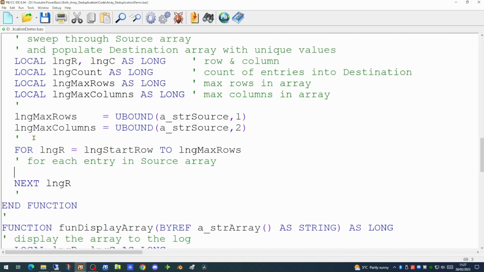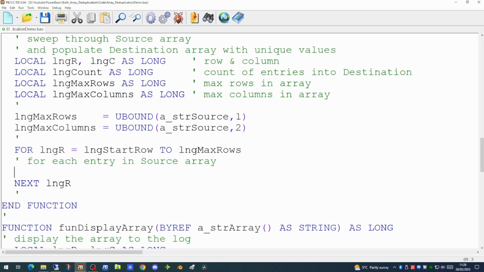For this particular demonstration, we're working on the assumption that all the data in a row needs to be compared to see if there are any duplicates of all that data. You may in your own applications need to check just for a single column to see if that's duplicated elsewhere in the source array. So our task in this function is to determine whether the record we're currently pointing at in the source array exists in the destination array already.